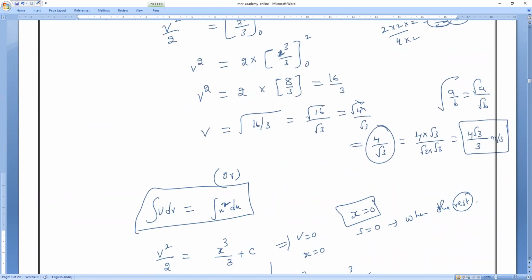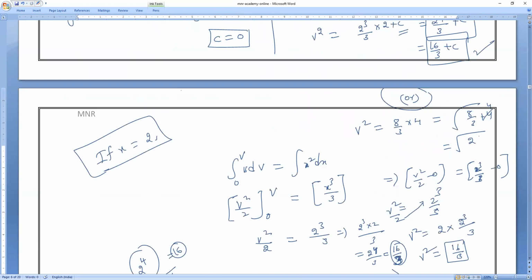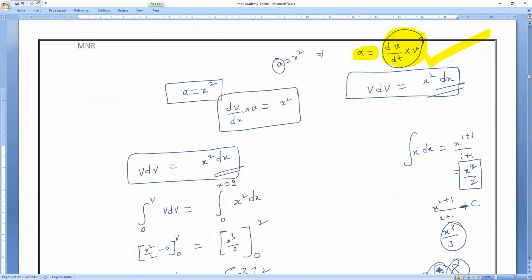So what is the answer? 4 root 3 by 3 meter per second. Here also you can modify it if you want. So how can we write? 4 root 3 divided by 3 meter per second. That is what. So here if you want to solve this, you have to remember for this question,